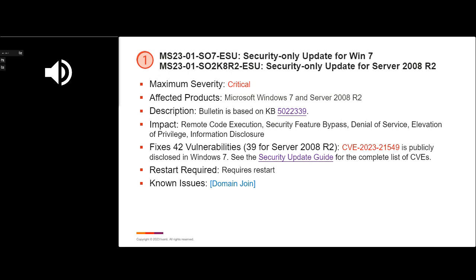I did include in all of our slides links to the KB articles. So if you're downloading our slides and reading through these, you can very quickly go to the appropriate KB articles and pull up information about each one of these operating systems each month.